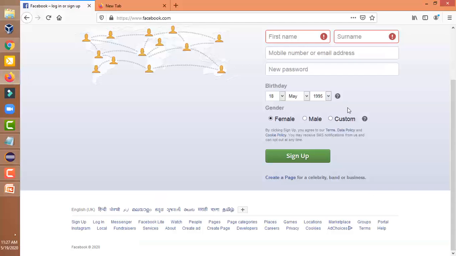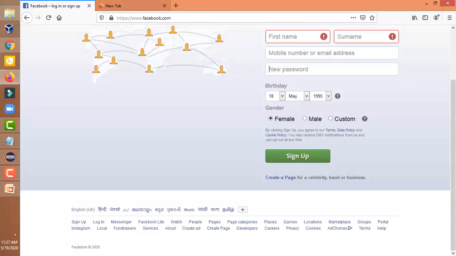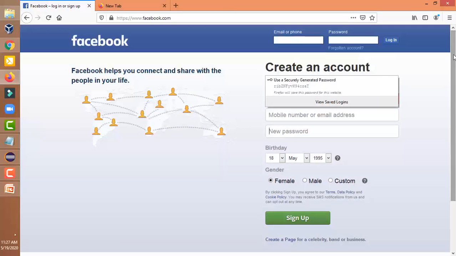In the Firefox browser there was a plugin, Firebug, but now that plugin has been deprecated. So we are not using that plugin. Let me show this: how we can find out the XPath in the Firefox browser.